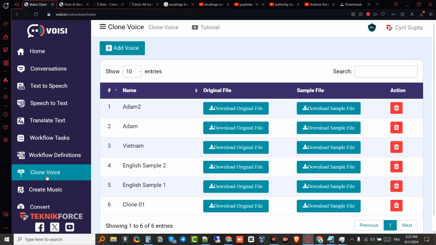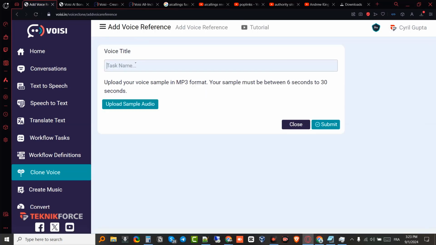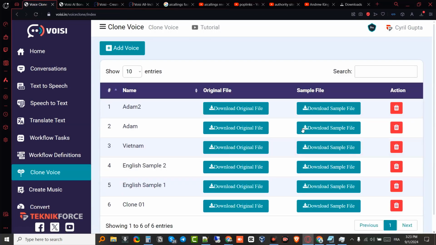The next feature is going to be the clone voice, and here you'll be able to clone your own voice, and you have to upload the sample. So you just click on add voice and you give it a name, you upload your sample, and it will go ahead and clone your voice. This is not the absolute best because it uses an API key from 11 Labs, so it's still in beta, it's still in development.